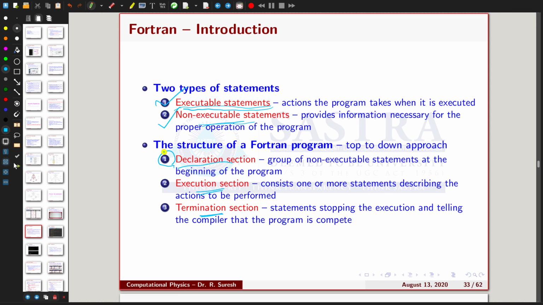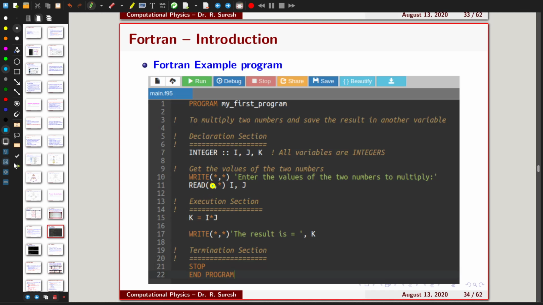Okay, so I will give you an example of how a Fortran program looks. For example, I am going to add two numbers. The added value will be stored in another variable, and you have to print the variable. Then you have to stop the program. This is the simplest example of a program to add two numbers. We already saw the flow chart to add two numbers in the last video. So this is the structure of the Fortran program.